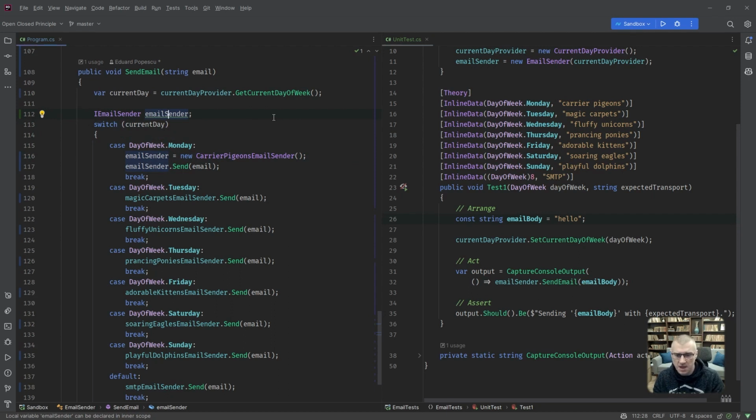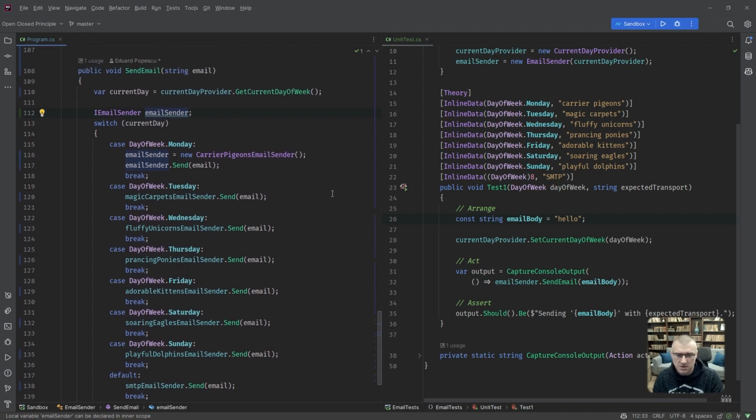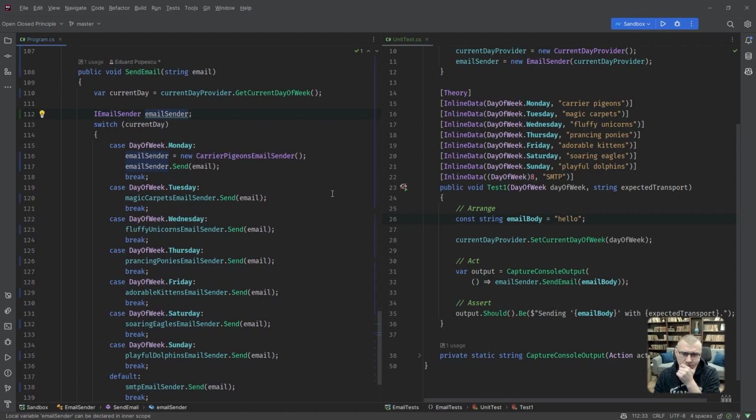I'm going to instantiate or initialize it by default. Well, actually, no, because that would be a waste of memory. I wanted to initialize it by default with a new instance of SMTP email sender, but obviously the current day is going to vary, and we'd have in memory one SMTP sender initialized and another proper sender for the current day.